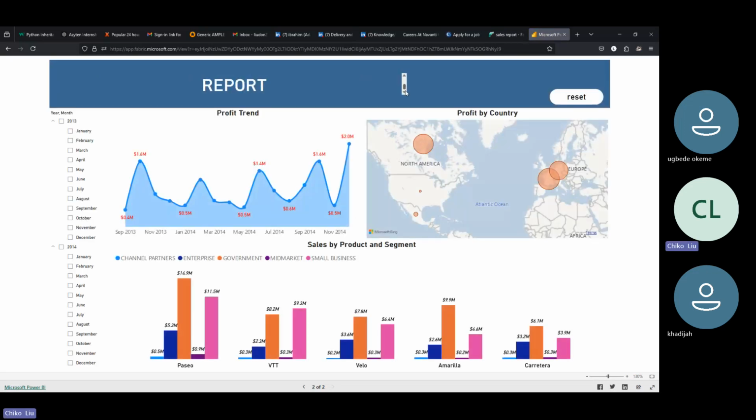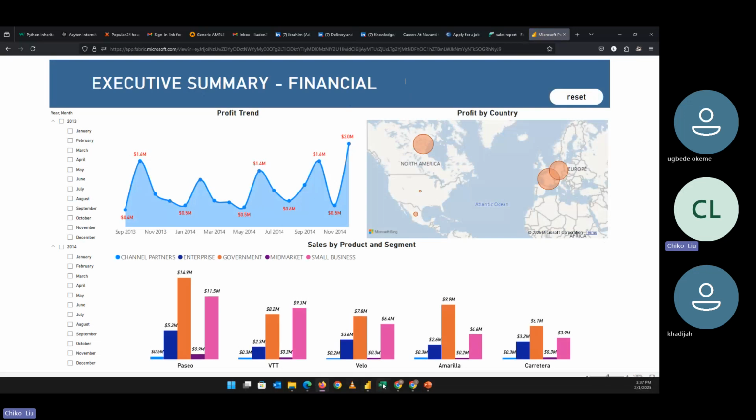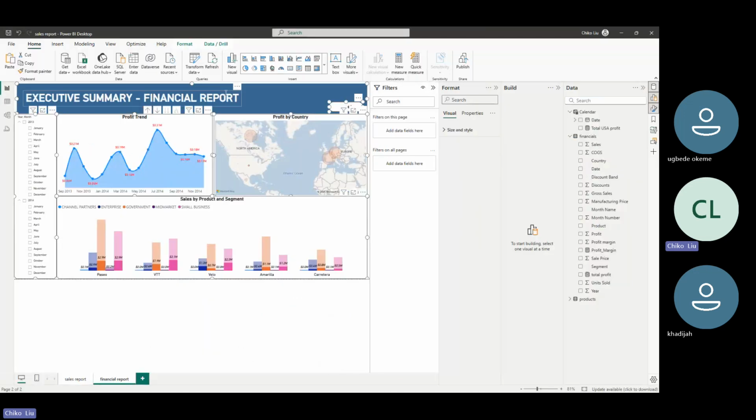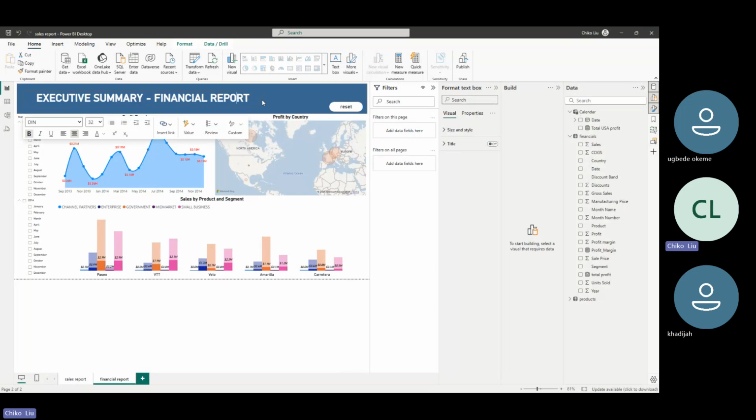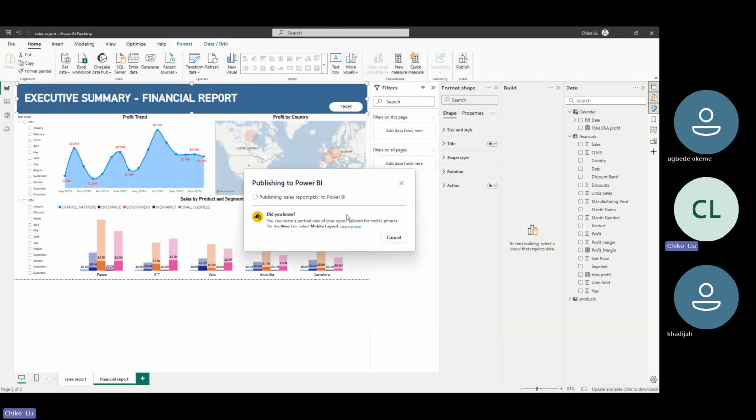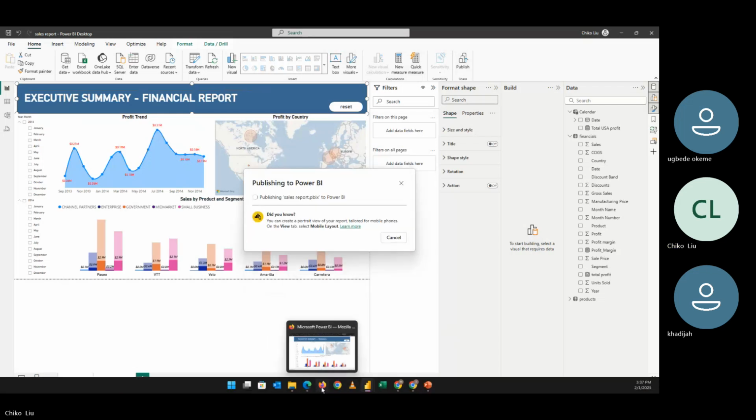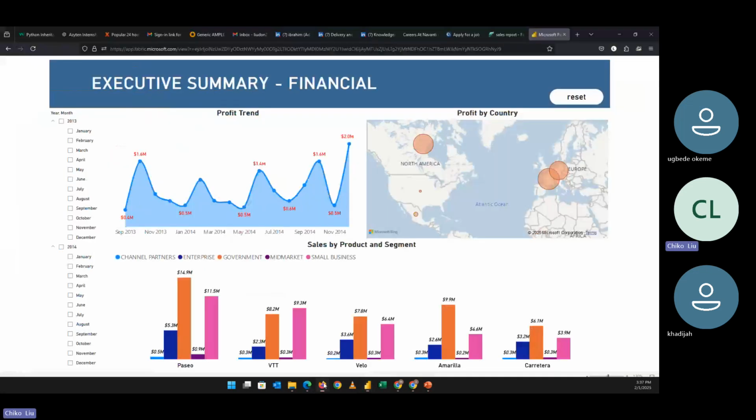Oh, this is not supposed to be. Okay, so I think I need to correct this. Executive, I don't know why it is doing like that. I just need to increase the, yeah, I'll just increase like this. Save, publish. Because I already have it launched, it will tell me to do a replacement. I'm going to replace it, and yeah. Now I can just easily refresh, and I'm going to see my updated